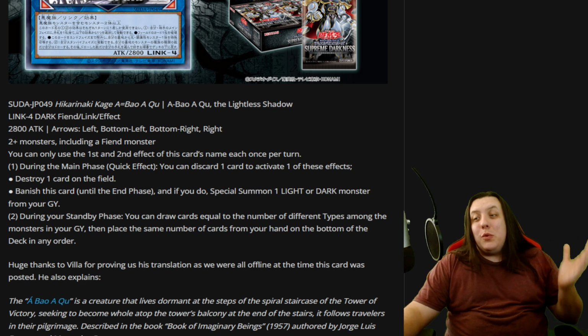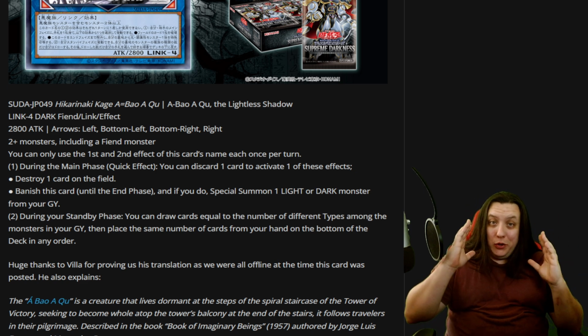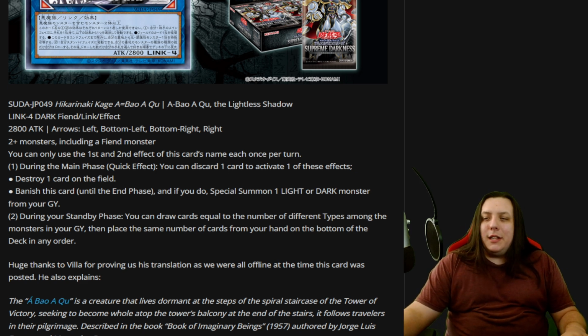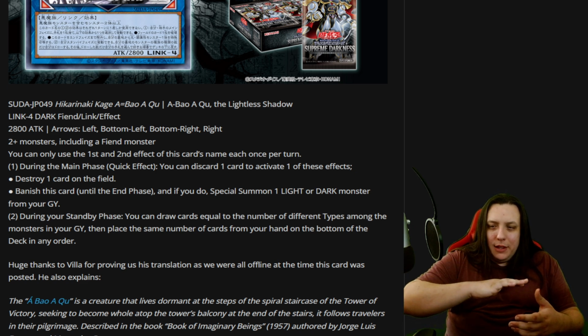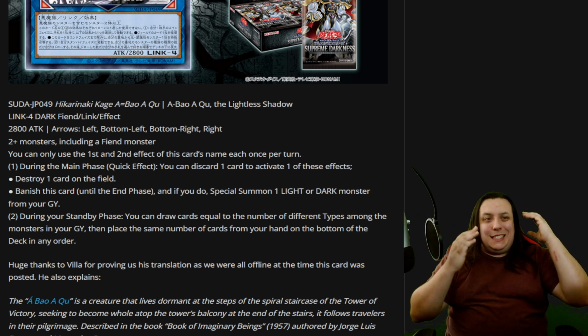Now, it doesn't gain you any card advantage when doing this, not to mention the fact that this only triggers during your standby phase, so you're going to be a while before you get any value out of this, but it essentially lets you pick up a ton of cards. Like if you have 3 or 4 types in your graveyard, you look at that, and then you put the same number away. Now, unfortunately, they go to the bottom, so you can't stack your deck, but I guess